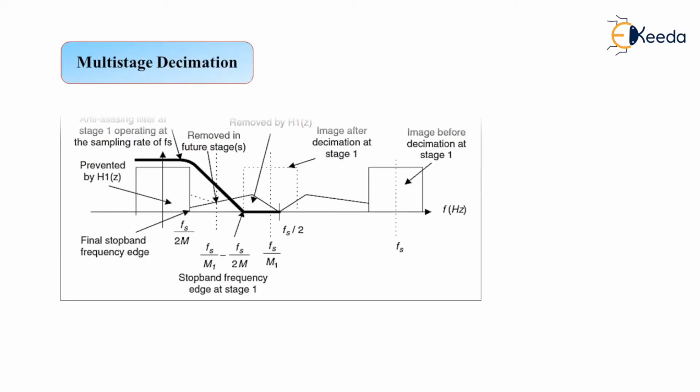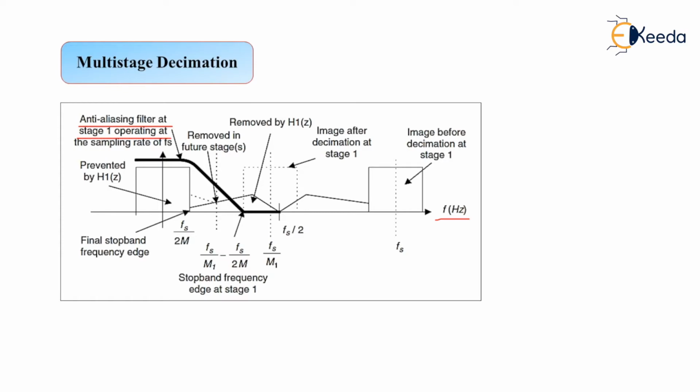Now the analysis for the two-stage decimator we make in the spectrum, or in the frequency domain. So let us visualize the spectral analysis diagram. As this is a spectral analysis diagram, we have frequency in hertz on the horizontal axis, marked with various values increasing from left to right. Now you see